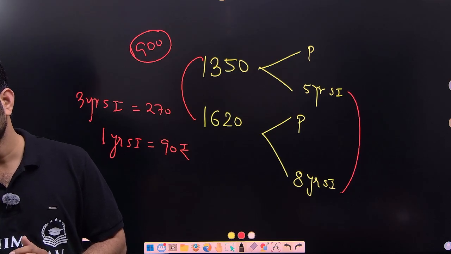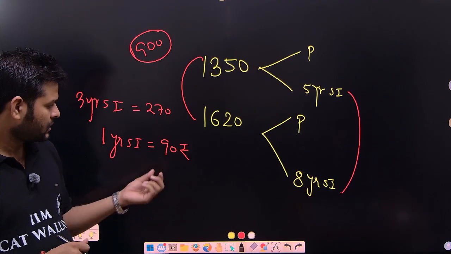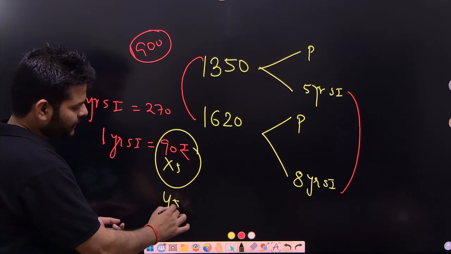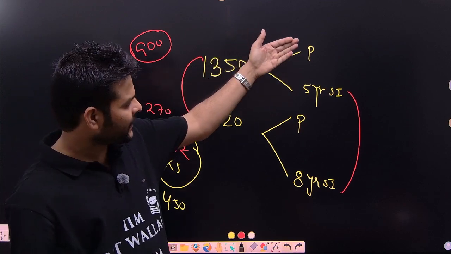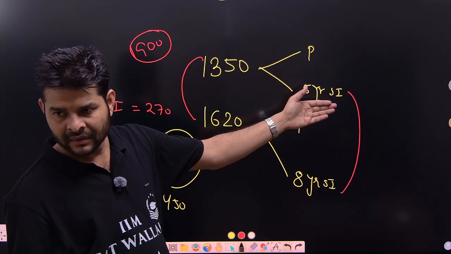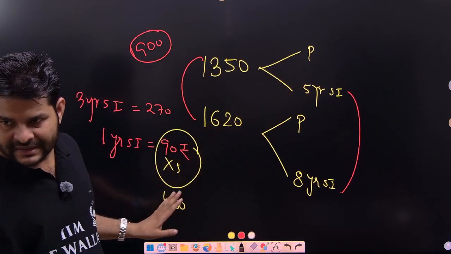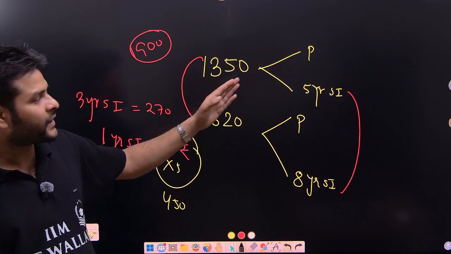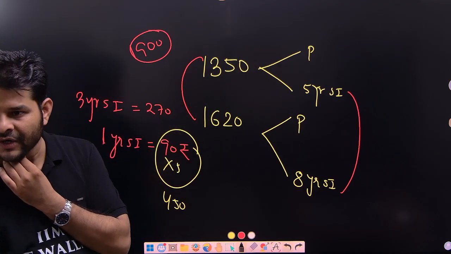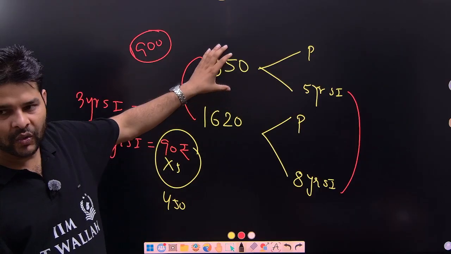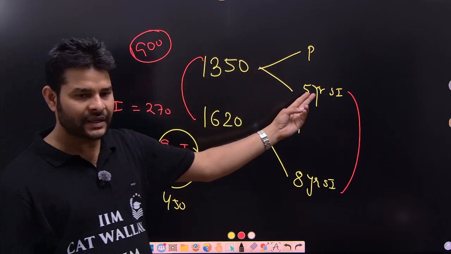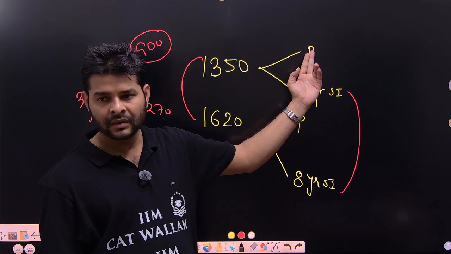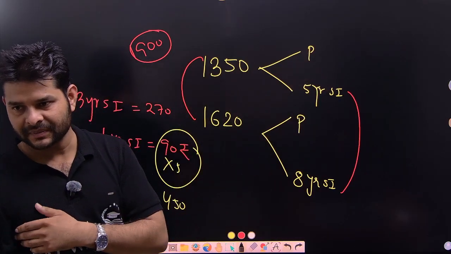5-year SI? You need to multiply 450 by 5 here, so the 5-year SI would be 450. This value represents principal as well as 5-year SI, and in this value, 450 is the 5-year SI. So for the rest, obviously you need to subtract 450 from this value. That is the 5-year SI, so the rest value would be the principal, and we have been asked for the principal.